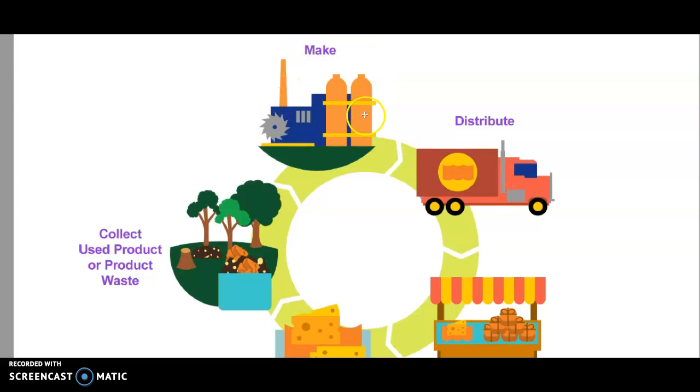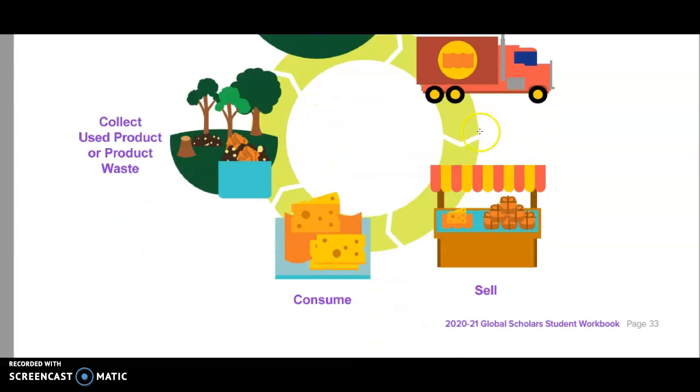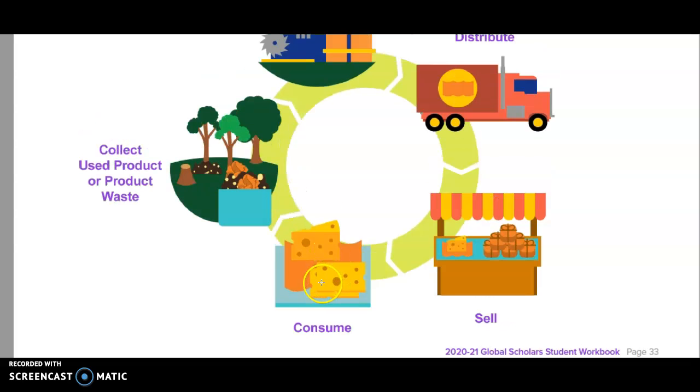Yes, once the product is ready, it goes out for distribution to different parts of the city, different parts of the country. Yes, and then the shops sell them. Yes, for example, cheese. For example, here you can have cakes or any other products. Shops sell products. Then we consume them. We buy them for eating, yes, or we buy them to share with our families, right?